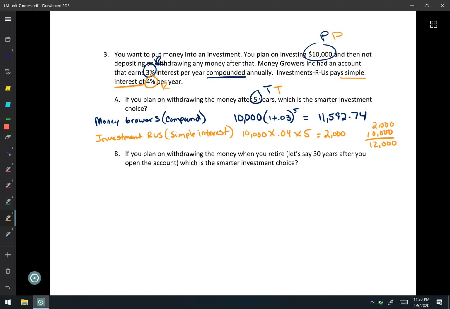Better option here. Okay, so again, in option A, the better option is simple interest with Investment, because when you do the math, 12,000 is higher than the 11,592.74 that you'd get with compound interest. Now let's take a look at, it says if you plan on withdrawing the money when you retire, let's say years after you open the account. So let's say this is going to grow for 30 years. It's a smarter choice. Again, we'll go with Money Growers first,